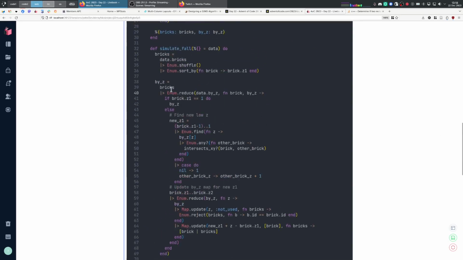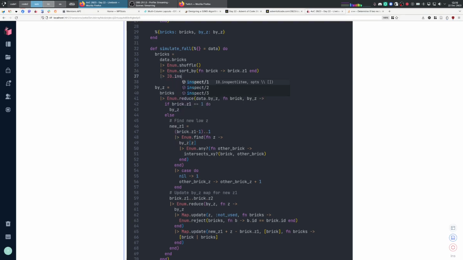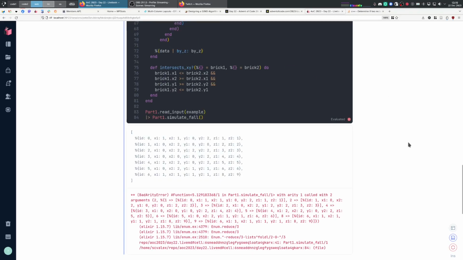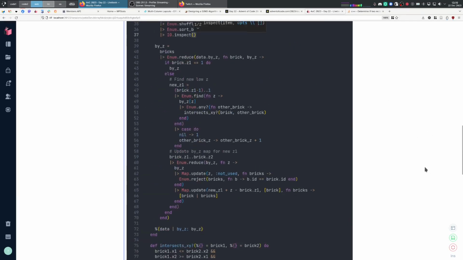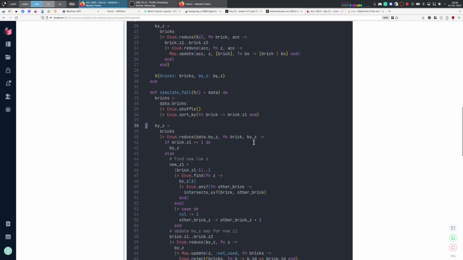This shouldn't be 2. I do spec here, what I get, what are bricks. Okay, yeah, this is a map, this is a list of maps. So this is a list of maps. And this reduced here